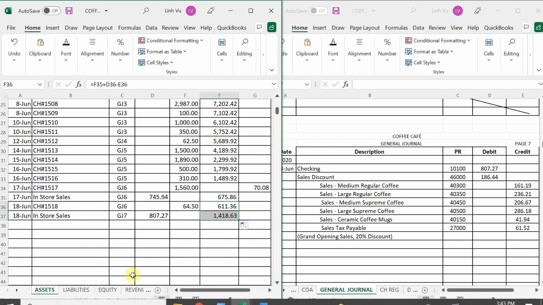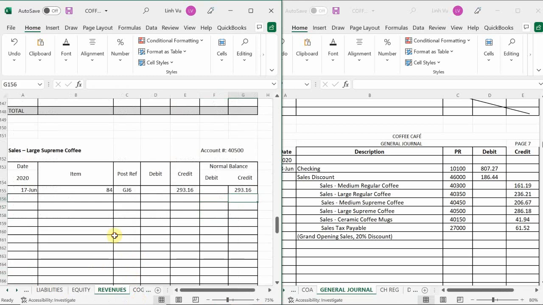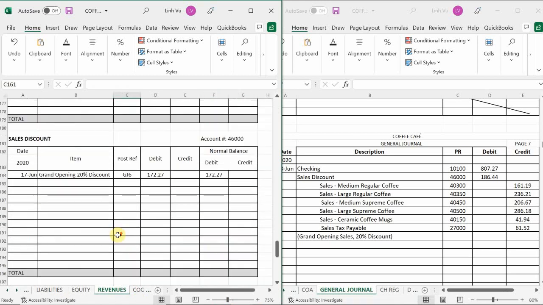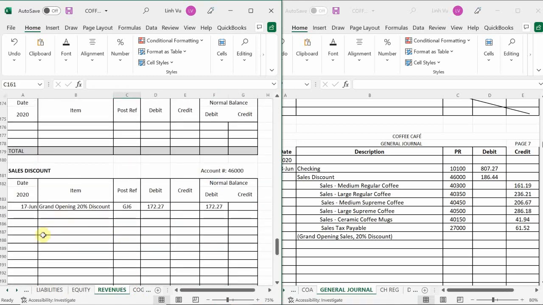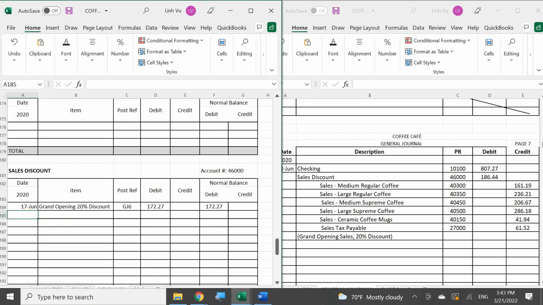Next is my sales discount. So I'm going to go to my revenues. Okay, there you go, sales discount. All right, it was a grand opening, 20% discount. New general journal page 7 for a total of 186.44. So that gives me my account balance to be